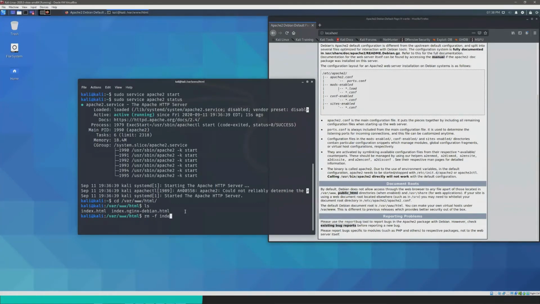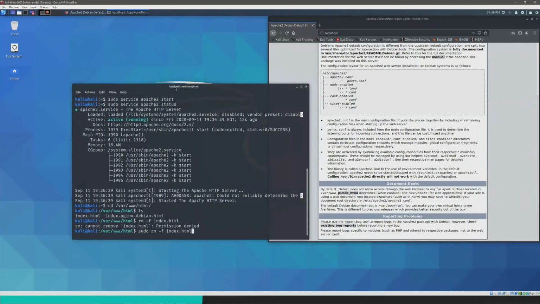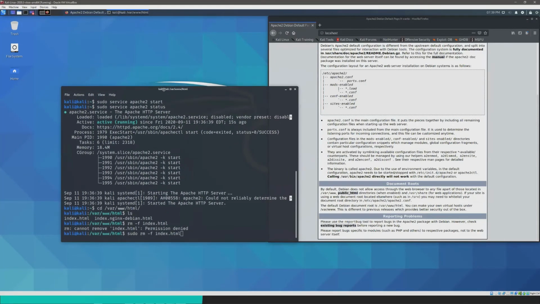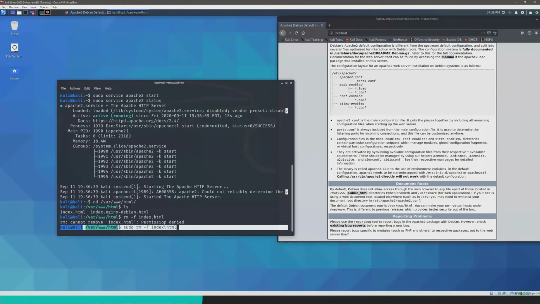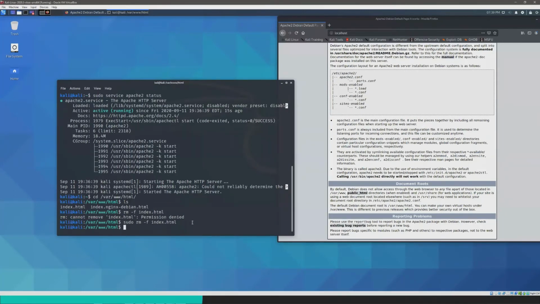I don't want that. What if I want to kill it? I can do just that. Ah, permission denied. I see, I see. If it says permission denied, just type sudo. You can use any browser, you don't have to use Firefox, but Kali Linux comes with Firefox, so you'll just use that. You won't be able to see it on the host machine, though. You'll probably only be able to see it in the virtual environment. But yeah, so let me delete that index.html file with sudo rm -f index.html, and that will remove it.